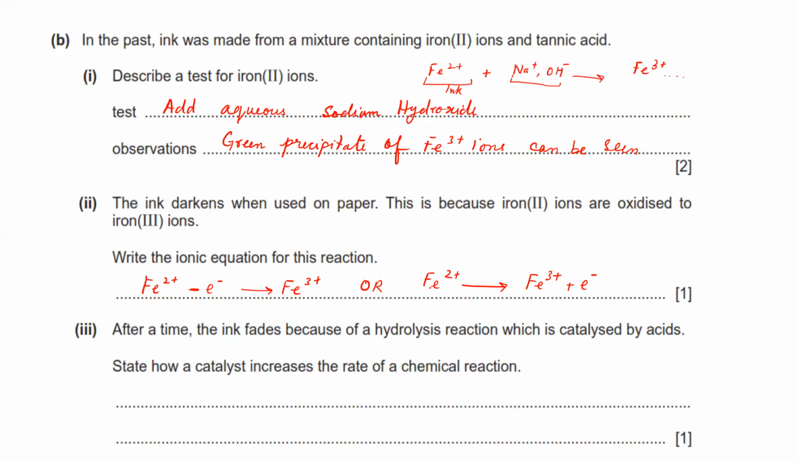So part 3: after a time, ink fades because of a hydrolysis reaction, which is catalyzed by acid. State how a catalyst increases the rate of a chemical reaction. So a catalyst basically decreases the activation energy required for a reaction to take place. That is as simple as that. So you can just simply write: